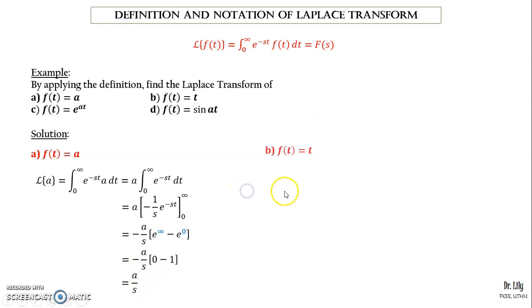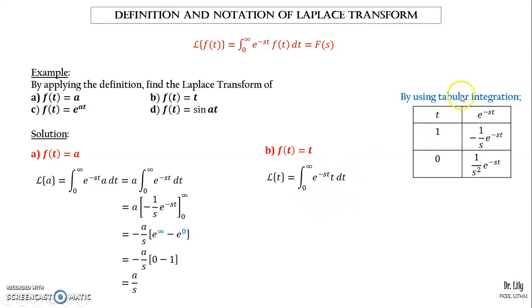Okay, so kita pergi kepada function yang kedua. Katalah you punya FT sekarang adalah T. Okay, so you nak dapatkan Laplace untuk function of T. So, macam biasa, eksponen negatif ST multiply dengan T lah. Okay, because here your FT is T, so you ganti dekat sini T. Okay, so untuk proses ni, kita kena guna tabular integration because kita ada dua function, eksponen negatif ST